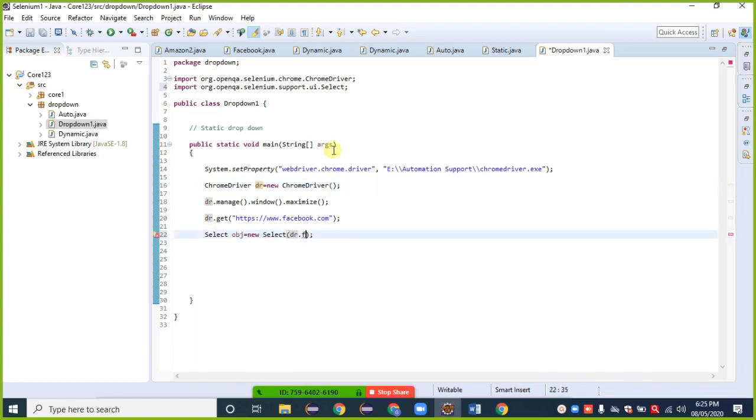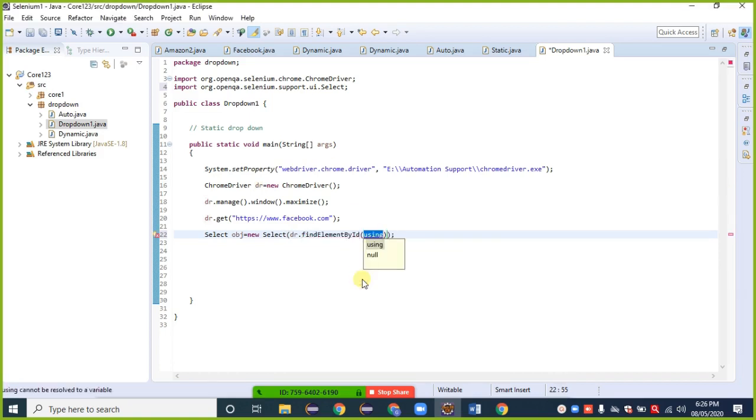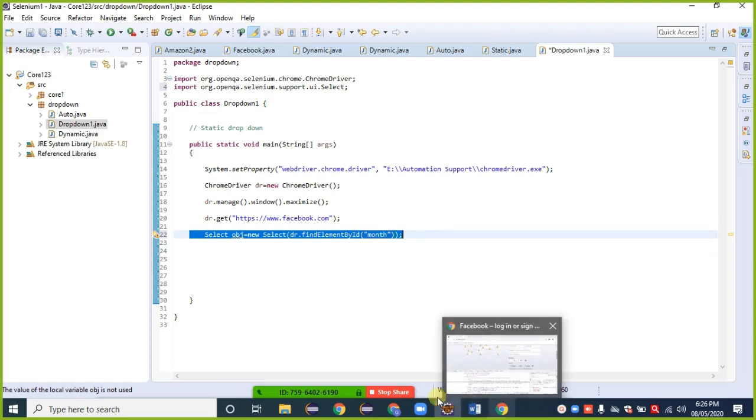Inside that provide dr dot findElement By id, inside that provide the value month. Okay, right now by using this statement or this command, that drop down gets opened.